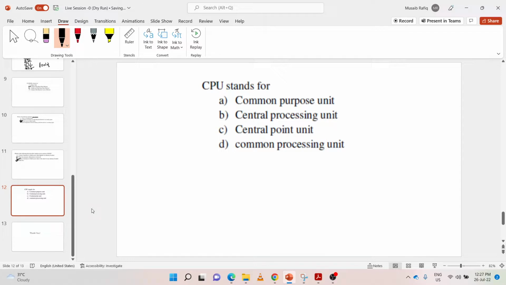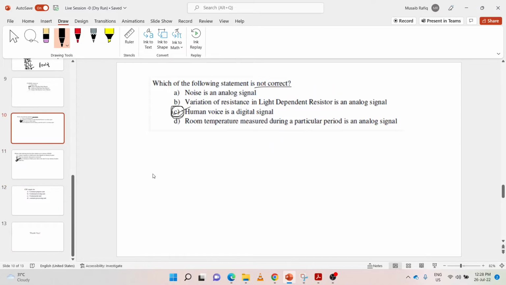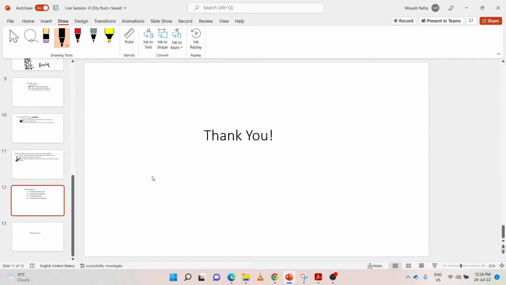So this was the first session, a dry run session. I am recording this session using OBS Studio. I have tested OBS Studio twice, and even after this recording is complete, I'll test it again, and then I'll share it with the central team. This is a dry run. This was my first experience, and in the week one session, all the hiccups will be sorted. So that was all from my side.